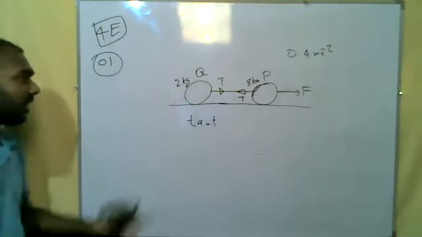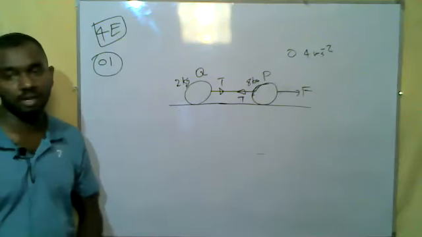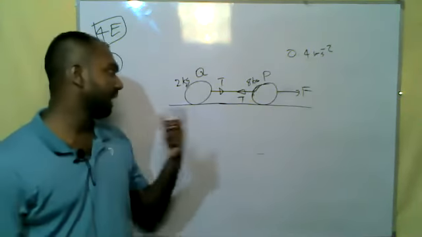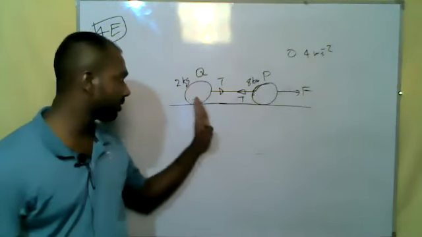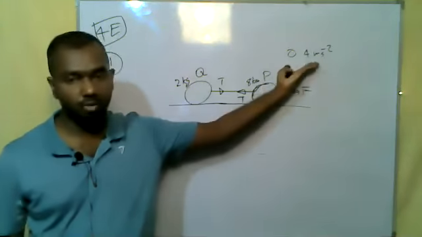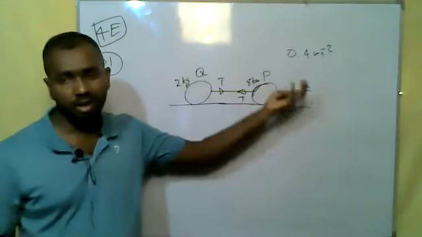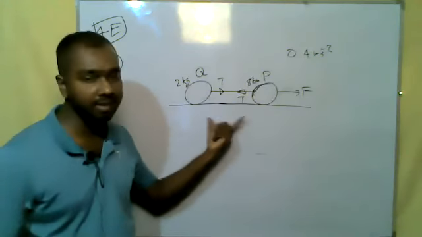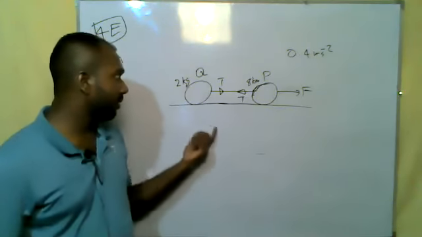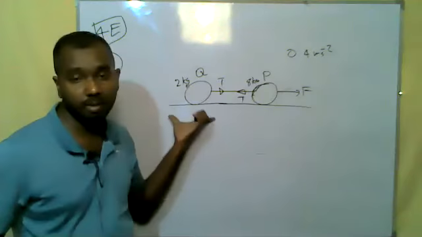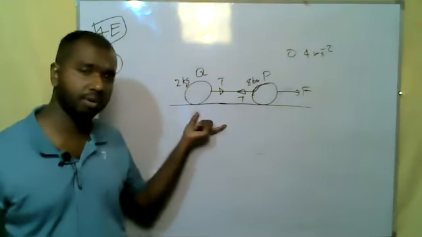How can we find it? There are two ways that we can find the force applying on it. We can separately apply F equals ma to these two objects, or you can consider the total combination, both as one system, and apply it. I will do both ways, okay? But for this situation, applying to the complete system is the easiest method, but you should know what to do depending on the situation.